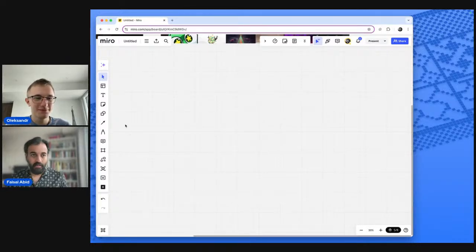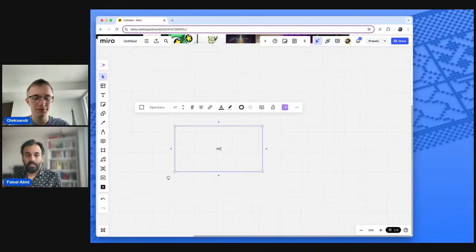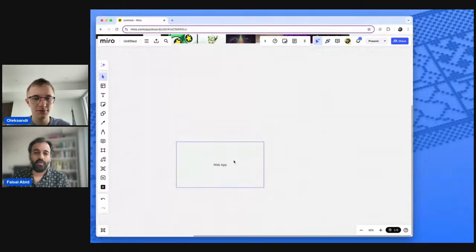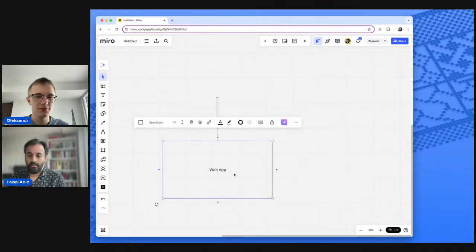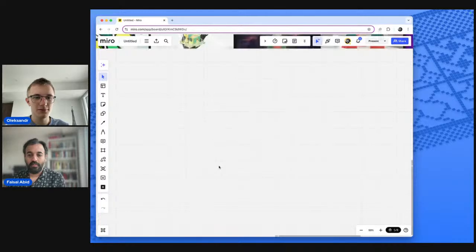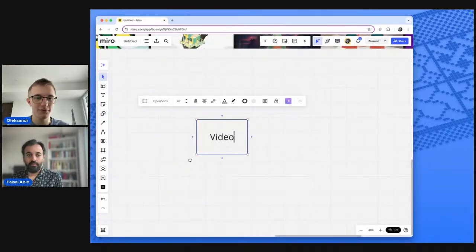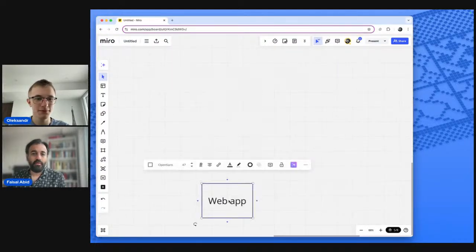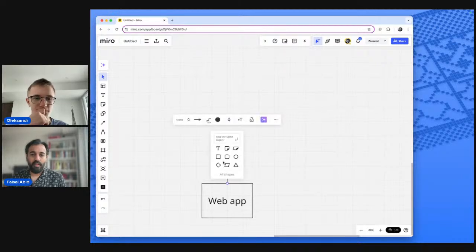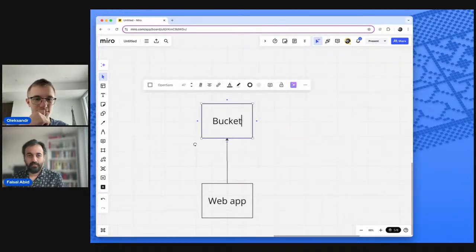The simplest way would be, you have your application here. So this would be, let's just say, a web app, right? And you would say, well, video streaming sounds straightforward enough. I'm just gonna zoom in 100%. So you might go, hey, video streaming sounds good, easy enough. So web app. All I gotta do for my video is store it in a bucket.